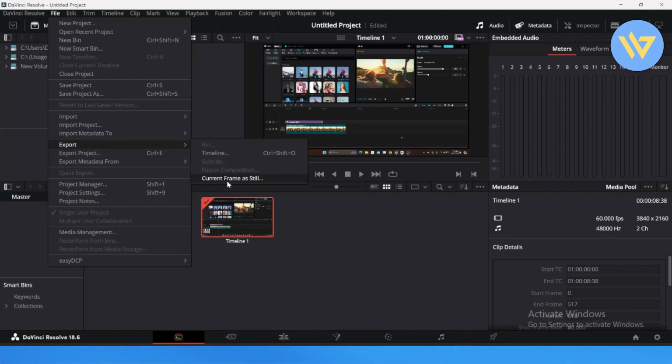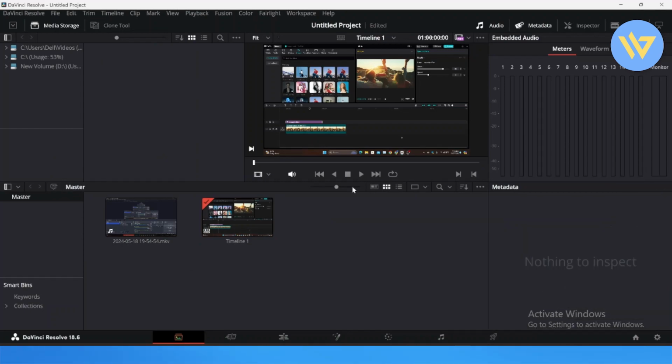You also have the option to export the entire project. You can also export the metadata in the form of media pool or selected media pool clips. All you have to do is simply select these, and then that is going to render out and export itself into your library. The other easy way that you can export is by heading over to the Cut section right